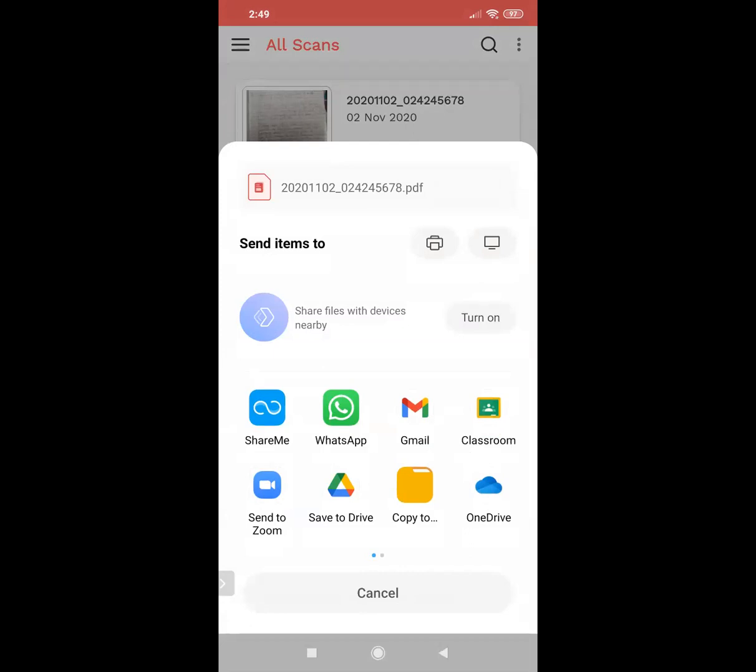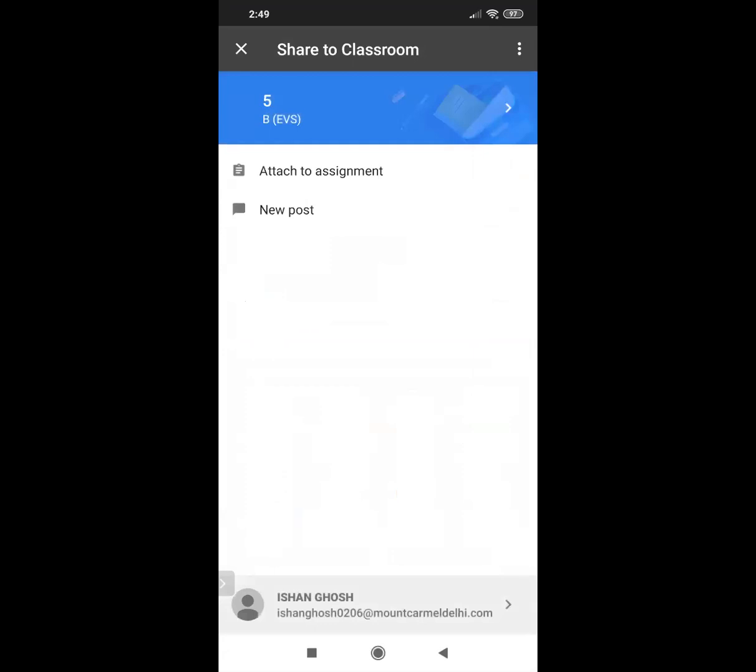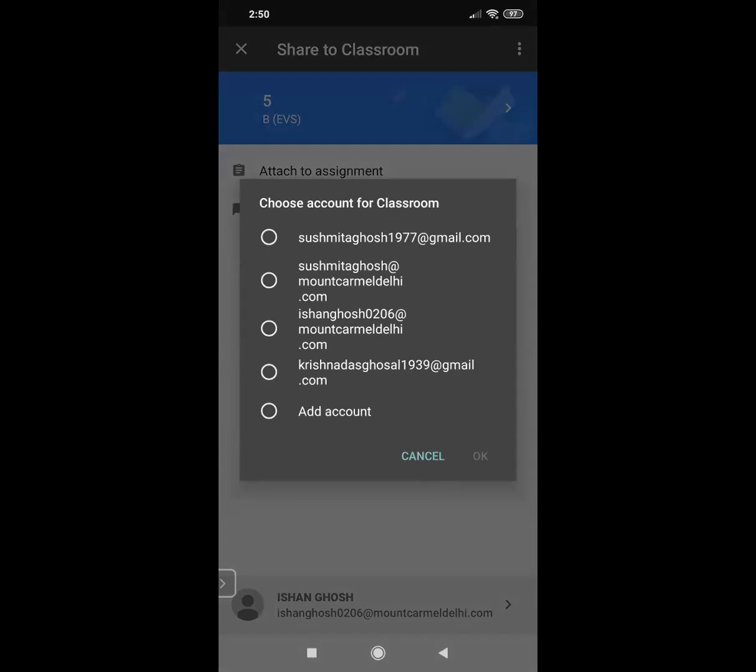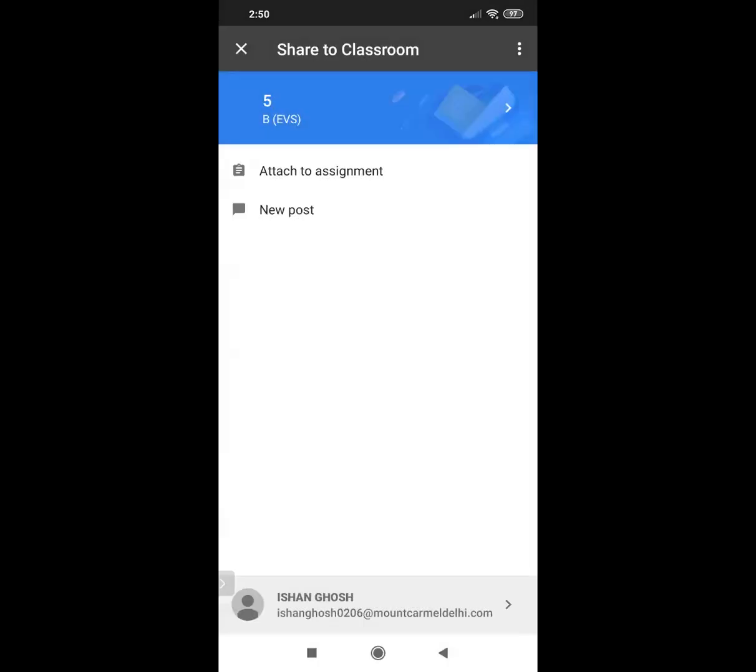Okay. But what I want is to directly send it to my teacher in the classroom. So I click on the classroom option. Now it opens up directly to the place where I want to take you. But there are options to access the various other classrooms you have, or maybe somebody else, your brother or sister, whose ID is being used. So this is the bottom area where you can change your ID. All the IDs are shown to you here. You can select any ID for whom you want to access the classroom.